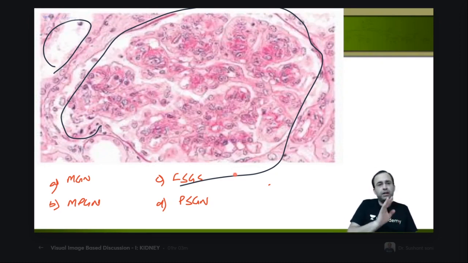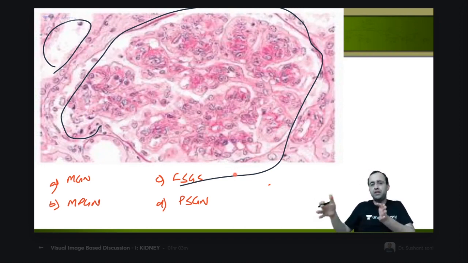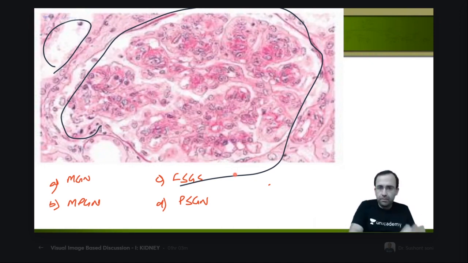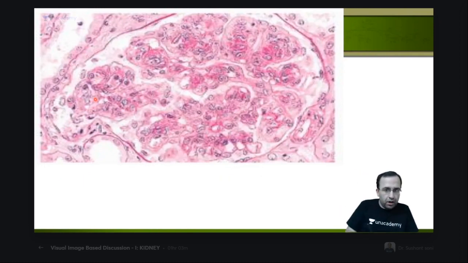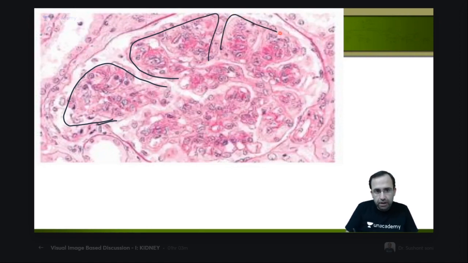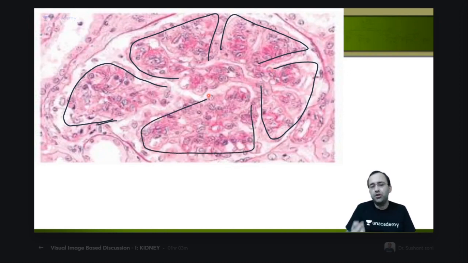Next point. So let us come back to this problem, and those will be key. Right now we are having an individual chapter wise discussion, that will not be in so much detail, obviously. So coming back to this, let me rub off everything so that you are able to see much better. Next point, have a look. The glomerulus was visible, in which the capillaries are aggregating together to form lobules. This is accentuation of lobular architecture.